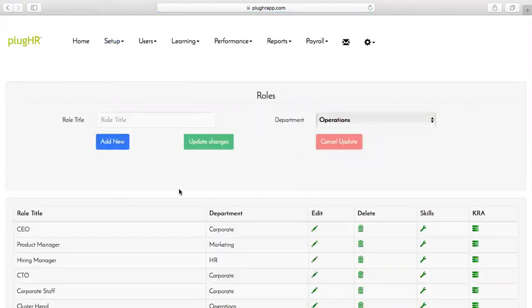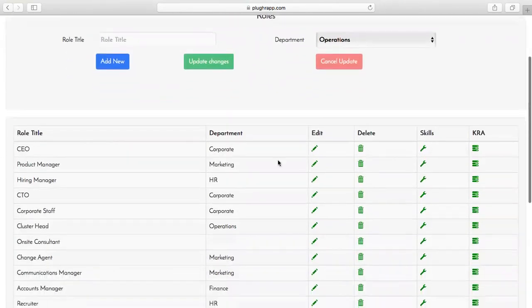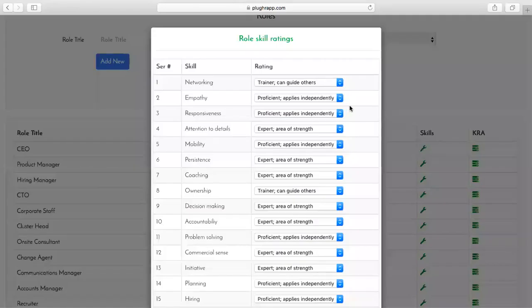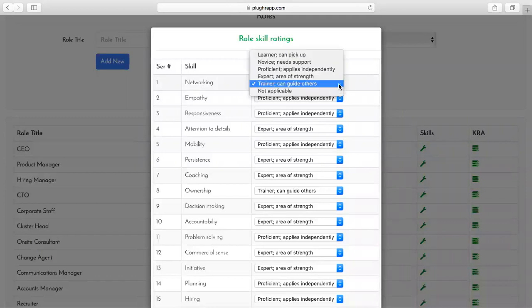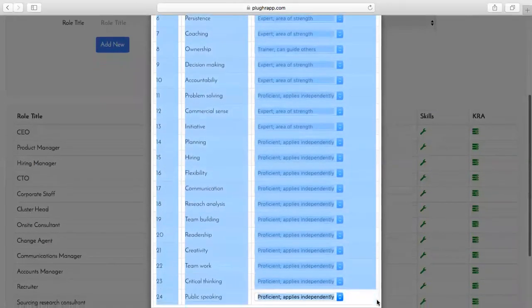Now you create roles in the organization one by one. For every role that you select, you add a department. And once you add a department, you will see that the skills and the KRAs of the department automatically get attached to the role. So you can go to these skills and KRAs. And when you go to skills, you can select the competency level required for this role, right? So there are 5 competency levels from learner to trainer level. You can select at what competency level you require a person who comes into this role. Or if this particular skill is not required, you can mark it as not applicable. So this creates a subset of skills required for a particular role.